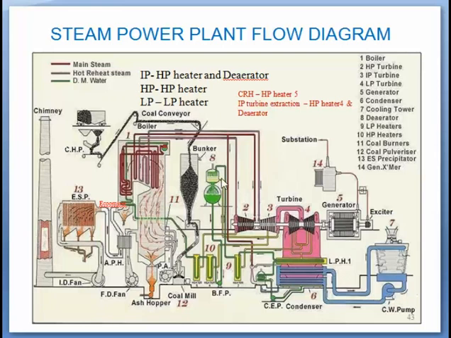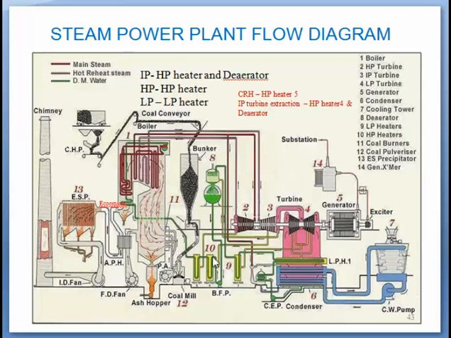The deaerated water at 160 degree centigrade temperature and about 6 kg per centimeter square pressure is stored in feed water tank located below the deaerator. This is your feed water tank. From this feed water tank, which is located below the deaerator, the feed water is sucked by boiler feed pump, 2 number of boiler feed pump, which consumes almost 3.5 megawatt each,